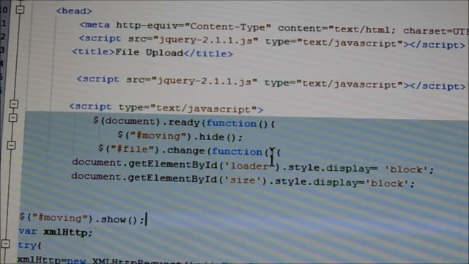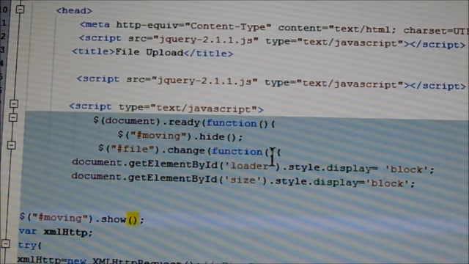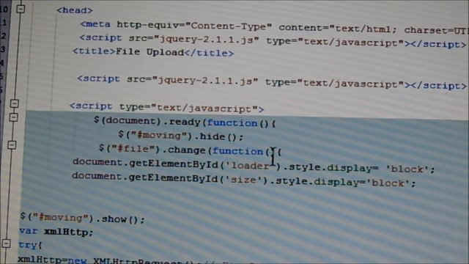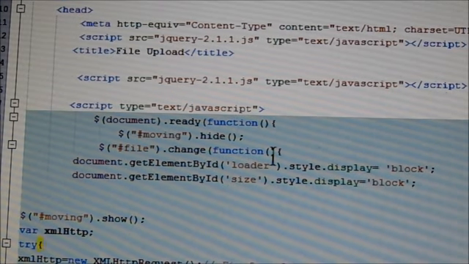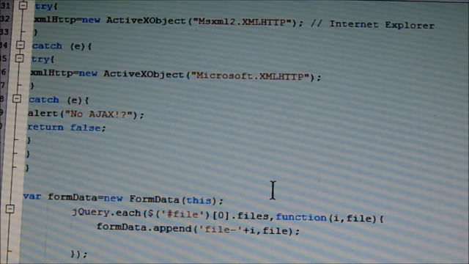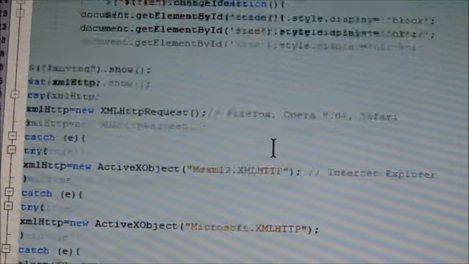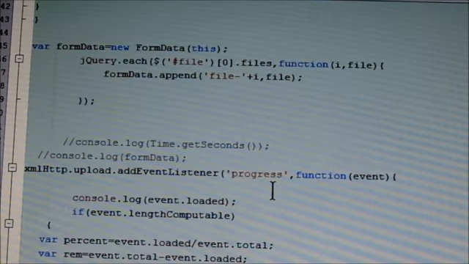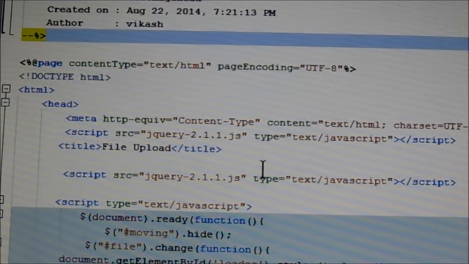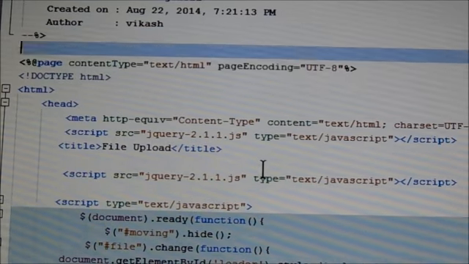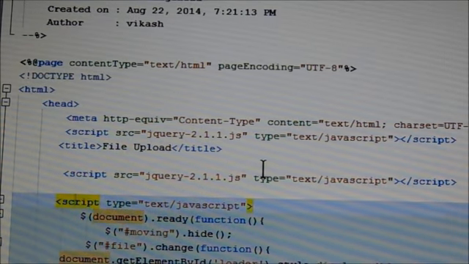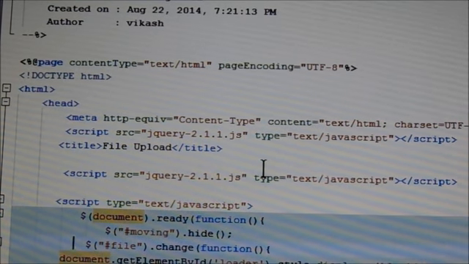And then again we click here moving.show. Something is missing here. So here this is a document.ready function, and here we hide moving.